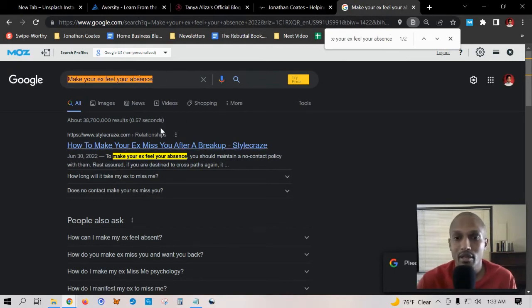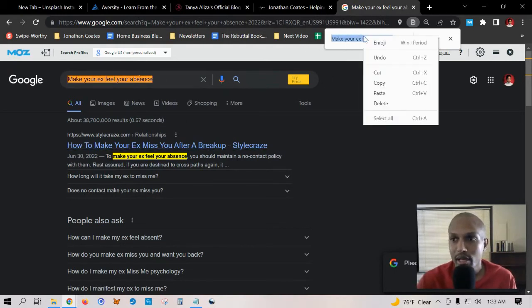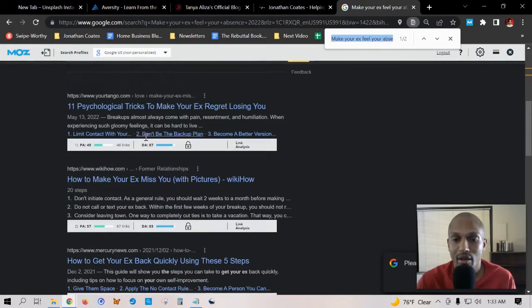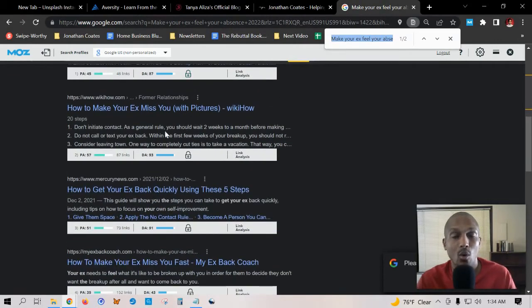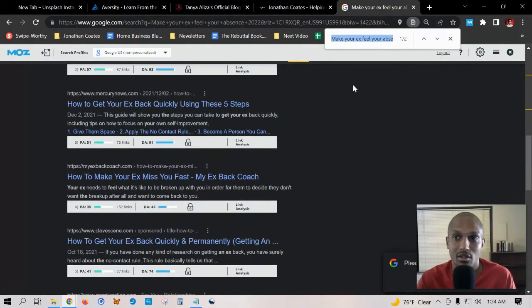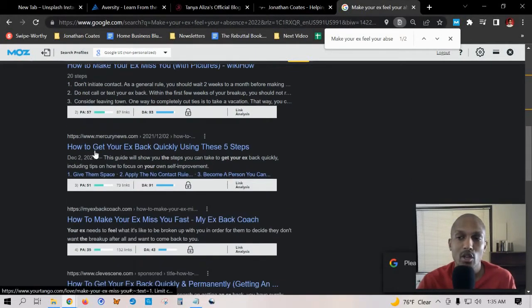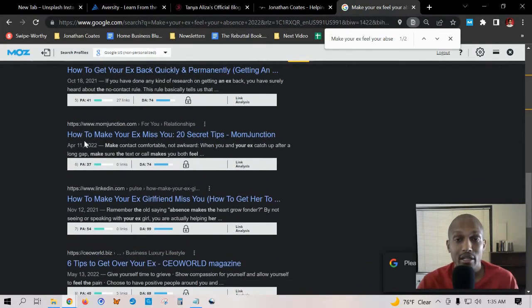Now remember, this is the first page, and what you notice is on this particular page, none of these are in the title. I've checked this before, so I know if you put your key phrase in and press Control F, the built-in Chrome search function, and you notice that your key phrase isn't popping up in any of the titles for the websites coming up, that means you have a really high chance of taking this website, especially if you found 3 or more websites with a lower domain authority than yours and fewer backlinks than yours. As you can see, this is the method. You can use it to create a long list of keywords that you could potentially rank for, and this strategy is very effective.